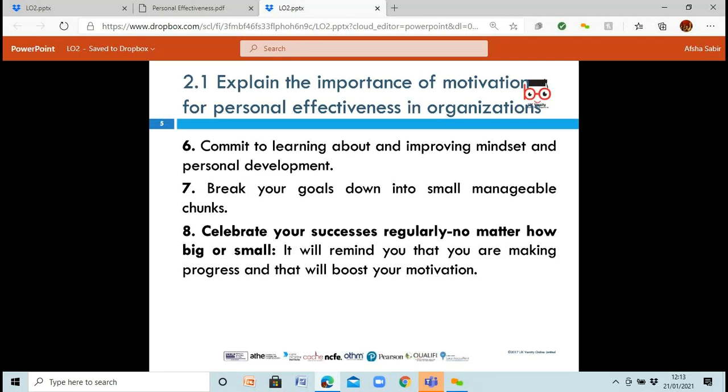And then you've got a few more points. So commit to learning, which is exactly what you're doing right now. You're improving your mindset, you're developing yourself, you're on a new course, you're working towards your goal. And then also break down your goals into small manageable chunks. So I'm not sure what it is that you're working towards, but your ultimate career choice that you want to go towards, you've set within that career. You can't just click your fingers and get to where you want. You need to do certain tasks and certain things before that. So you just break it up into manageable tasks. So go step by step. And then that's how you're going to work towards it.